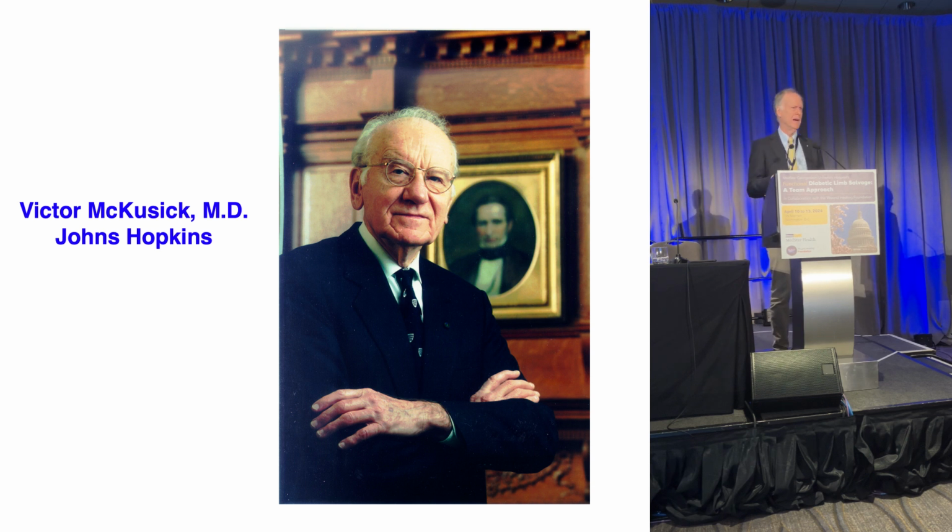So if you were paying really close attention, you might have noticed this distinguished gentleman was standing in the front row of my Johns Hopkins composite picture, because Victor McCusick was my chairman when I was an intern. And of course, Victor was one of the fathers of modern clinical genetics, and also was a bit of a medical historian. So I like to tell this story as a medical detective story,